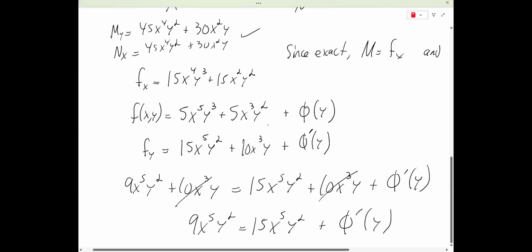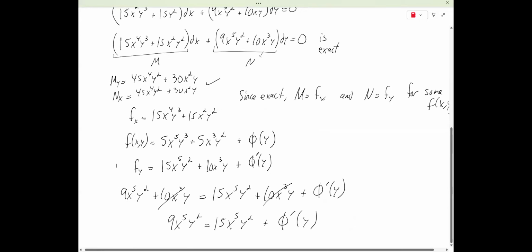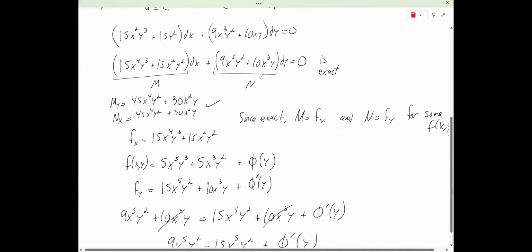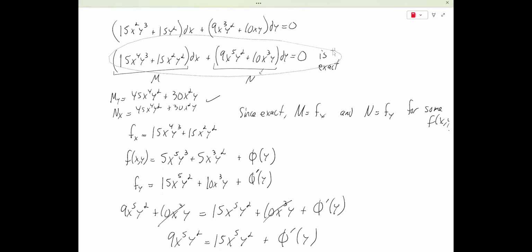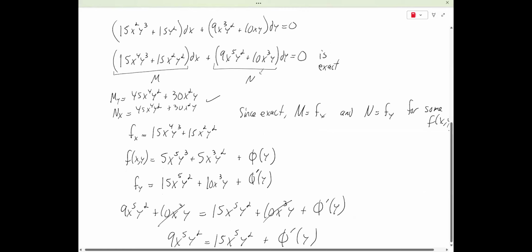Oh, wait a minute. I know what it is. I think. No, this is exact, so I multiplied through by it. So I copied this down right here. I'm using this one now, right? Is this exact? Okay, so f sub y is this: 9x to the fifth plus 10x cubed y